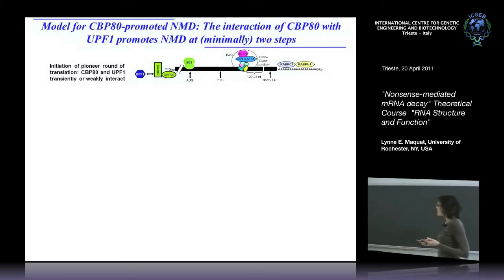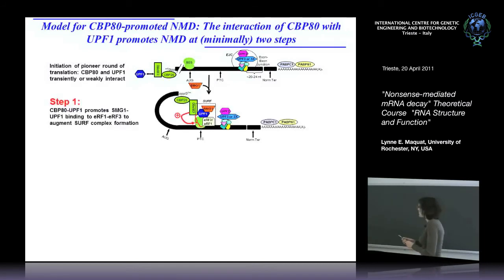Nao had shown that this interaction promotes the interaction of UPF1 with UPF2. And we proposed at the time, oh, that's probably UPF1 binding to the EJC. And Jungwook actually showed that that is one of the two steps that this interaction enhances during the process of NMD. Jungwook showed that CBP80 interacting with UPF1 promotes the joining of UPF1 and its kinase to the release factors